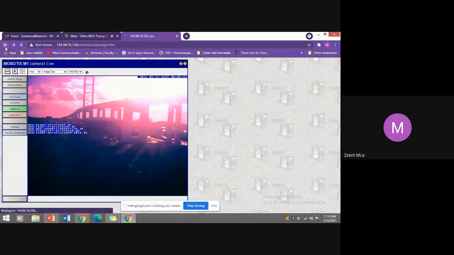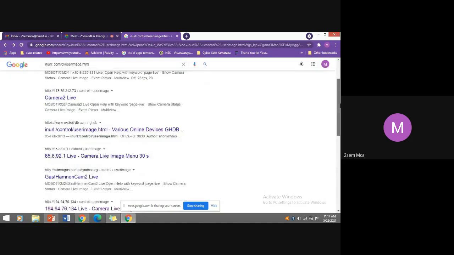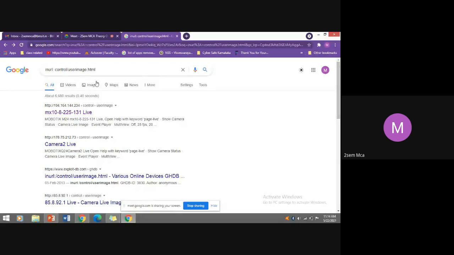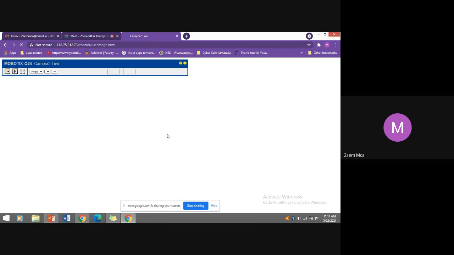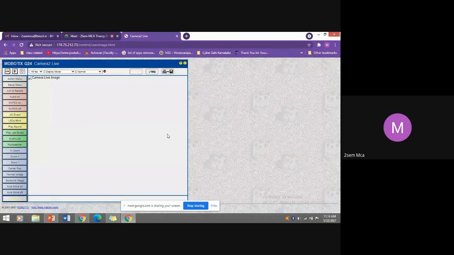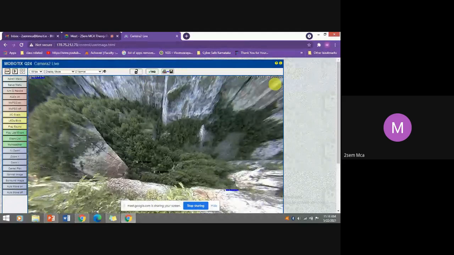Got it? So with the help of inurl, a basic operator of Google, you are able to locate some live cameras, IP cameras which are installed and not protected with a password. This is called a passive attack because you are only observing. See here, a hilltop camera is there to monitor the people moving around that hill station.